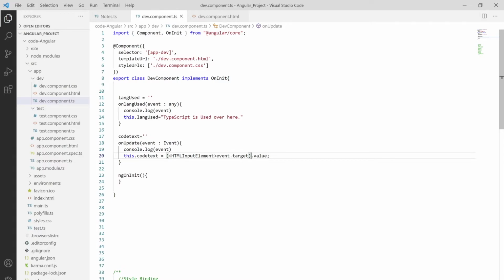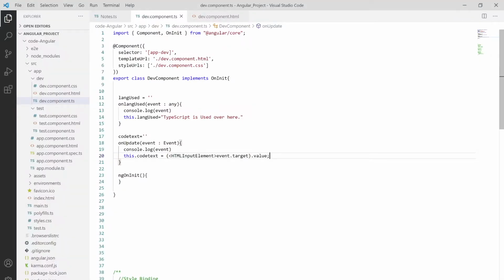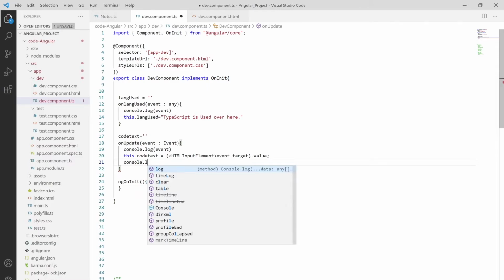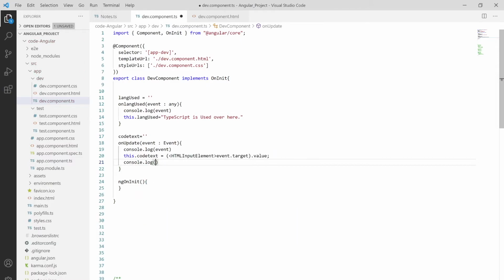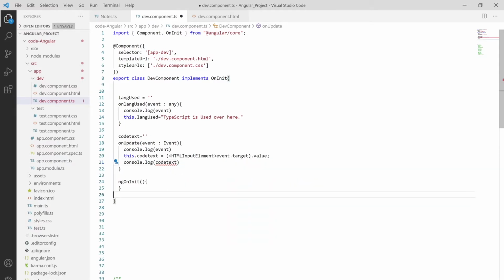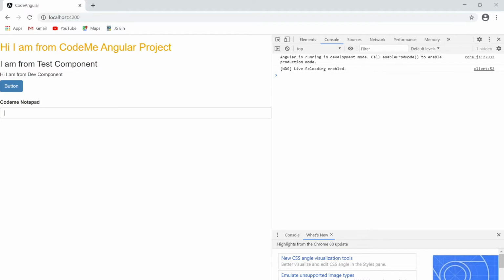Let me save this and go over there, or I simply want to also log the value with console.log of codeText over here. And okay, we have to use this dot, save this out and go to the browser and write something.